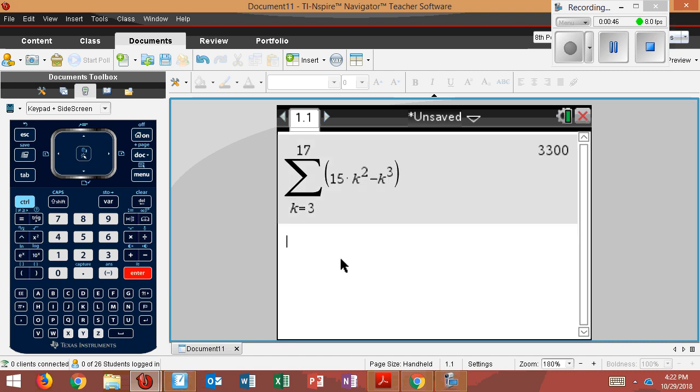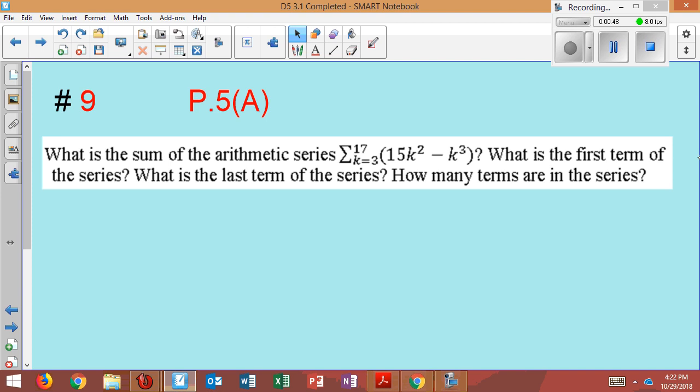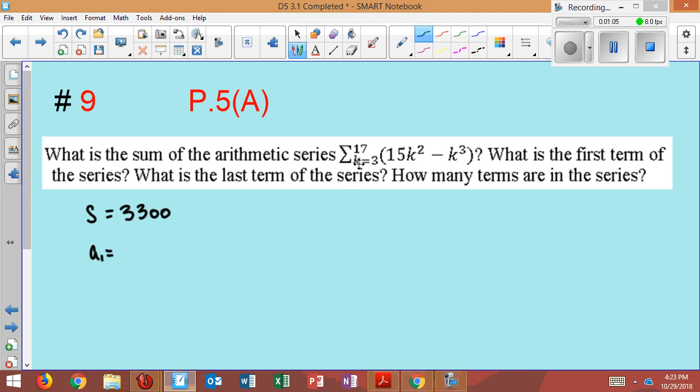So it's 3,300. So the sum of the series is going to be 3,300. Put that there. Now we don't know how many terms there are yet, so I'm going to just leave it like that. Now it says, what is the first term of the series? So a sub 1 would equal